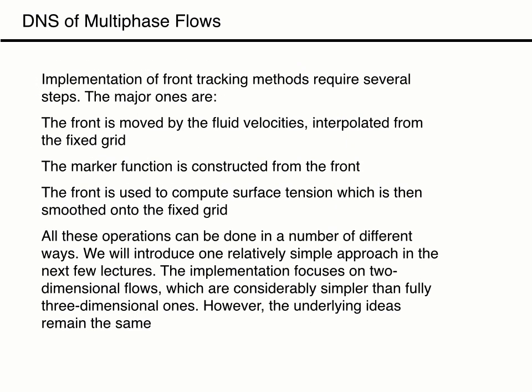relatively simple. Implementation of front tracking methods requires several steps. We usually move the front with the fluid velocities, which must be interpolated from the fixed grid used to solve the Navier-Stokes equations. Then we need to construct the marker function from the location of the front, and for immiscible fluids we need to find the surface tension from the front geometry and add it to the discrete Navier-Stokes equations on the fixed grid. We can do these operations in several different ways, and in the next lectures we will work through one relatively simple approach. Although our implementation focuses on two-dimensional flows, which are considerably simpler than fully three-dimensional ones, the underlying ideas remain the